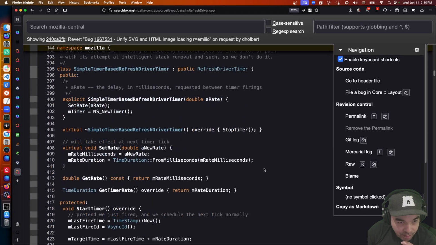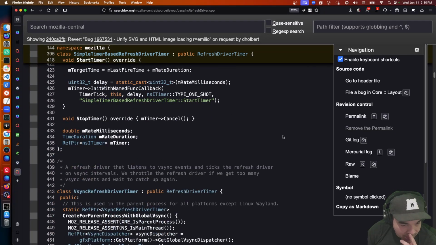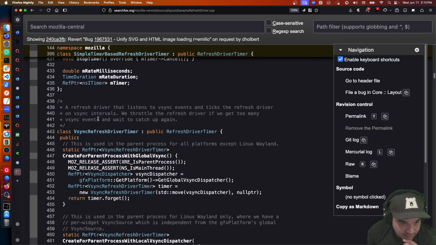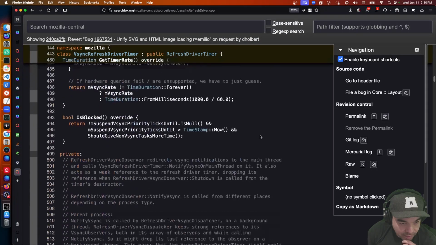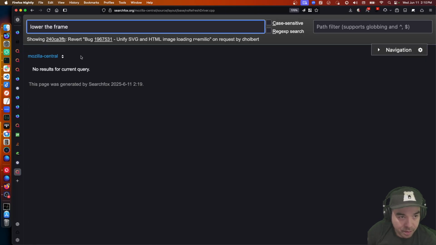Driver. Set rate. Because I know we also use like vsync that listens to vsync. We throw a refresh after we get too many vsync events and wait to catch up again. It's like lower frame rate. Is there like tests or anything that change the frame rate?